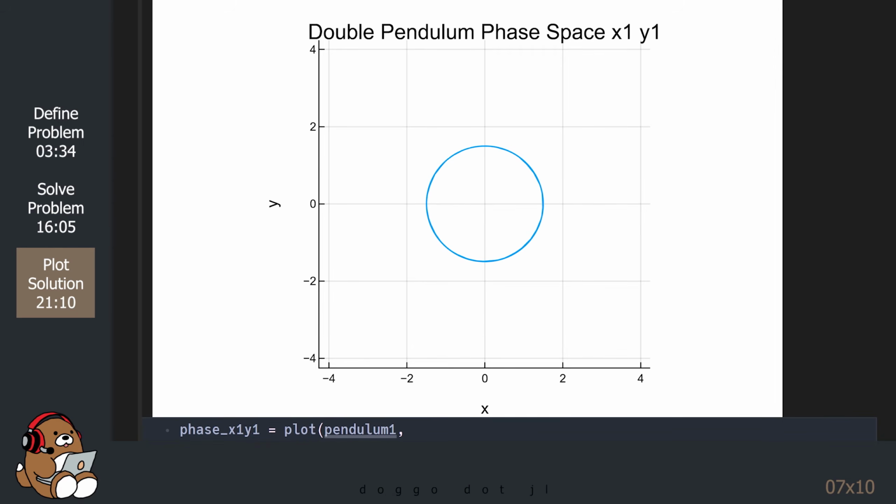So this isn't a very interesting plot. The default value for the length L1 of the first rod is 1.5 meters. So all this plot shows is a circle with a radius of 1.5 meters. As you might expect, the first rod simply rotates around the origin.